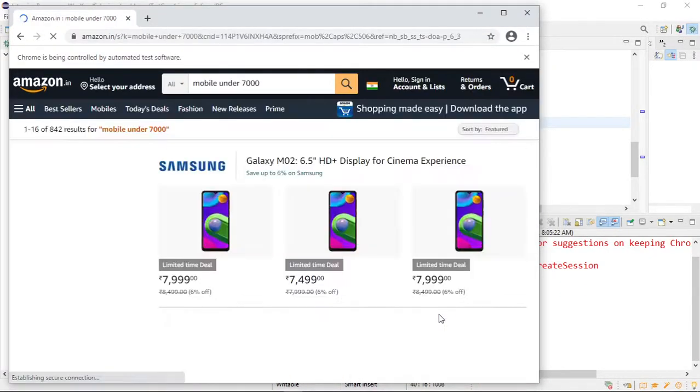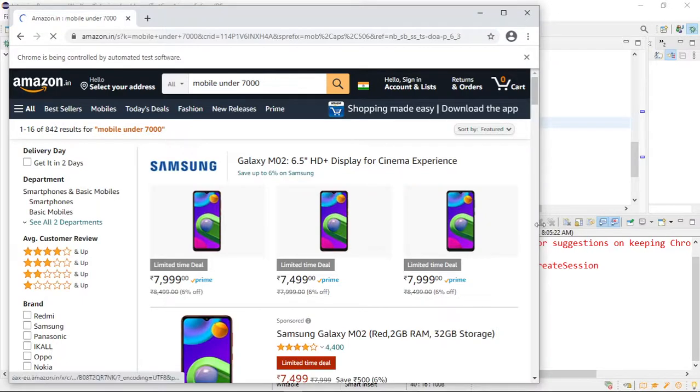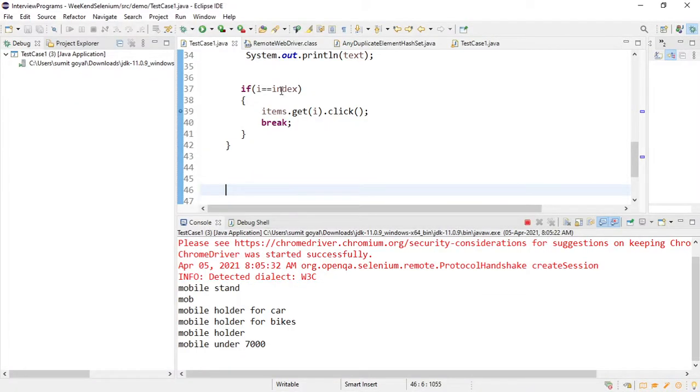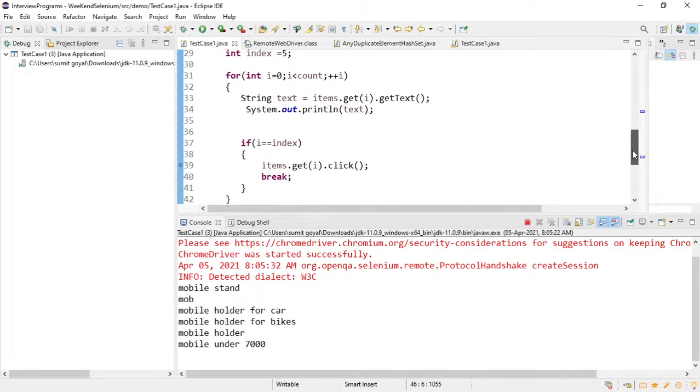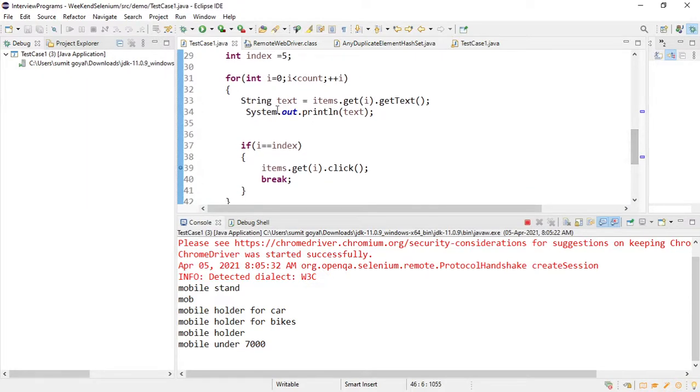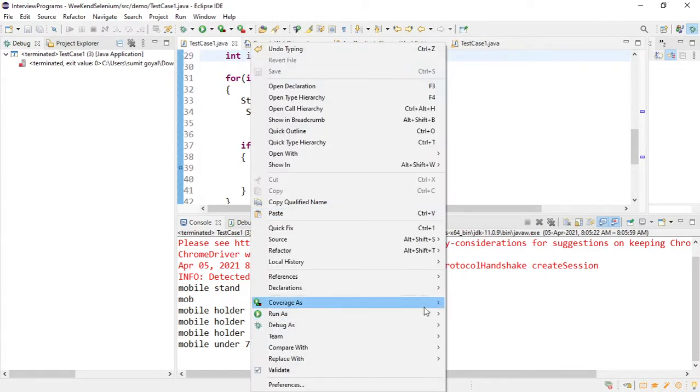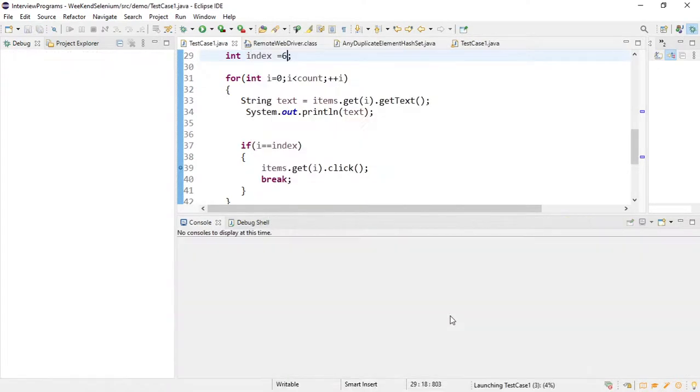You can see it has clicked the particular mobile under 7000. If you give some other index, or better, give the name as we have given in the XPath, sorry, in the if condition, like if I say 6, it will click the element at index 6. So this is how you can handle these kinds of drop downs.